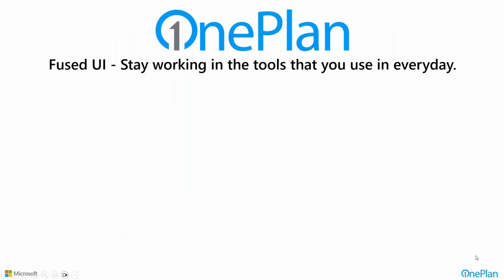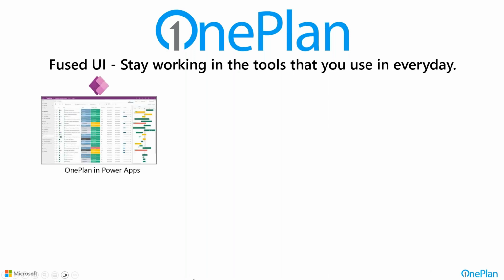The other part of this, outside of just data integration, where we're sharing data from other tools into OnePlan, we also have a fused UI strategy, we call it, to help people stay working in those primary tools that they work in every day. Now, OnePlan is designed to be used just in a browser. You don't need what I'm going to show you here, but you can use OnePlan just in your favorite browser. That being said, if you're working in a Power Apps environment and need to consume OnePlan from within a Power App,